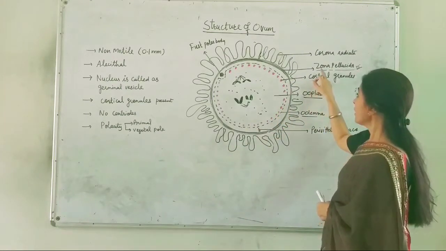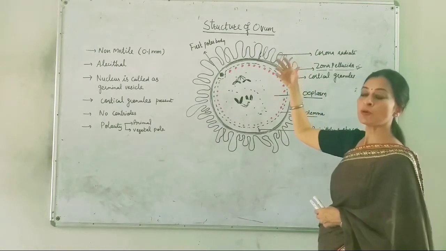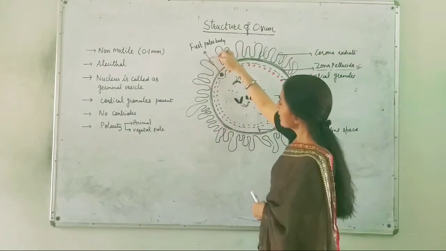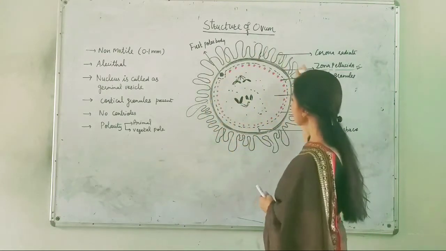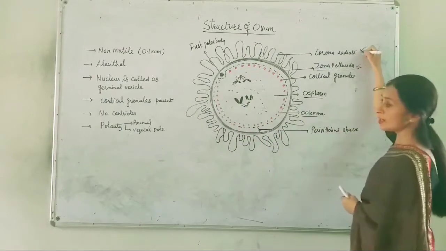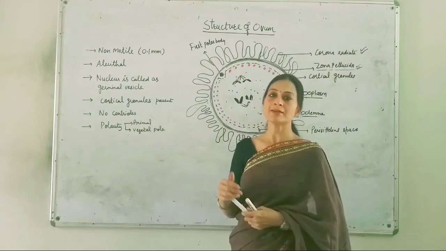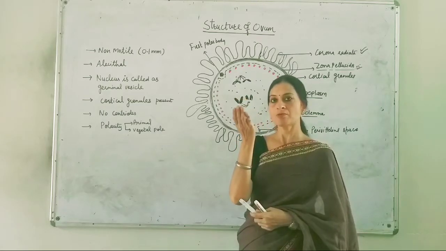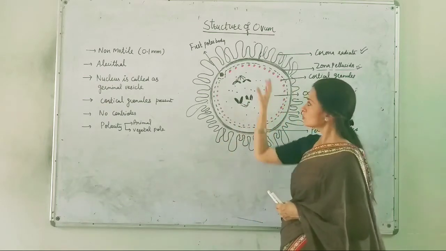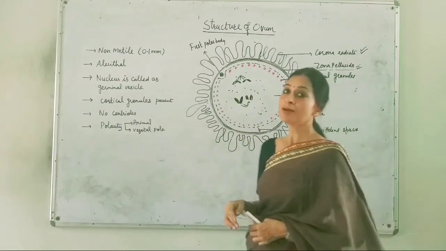Okay. Now, exterior to this zona pellucida, the zona pellucida is then again followed by another layer of cells. You can see these cells are elongated in nature, elongated cells. This layer is known as corona radiata. These are the cells of the follicle, because this structure is liberated from the graafian follicle. So the graafian follicle cells were covering this secondary oocyte also. So these are actually the follicular cells which are now termed as corona radiata.